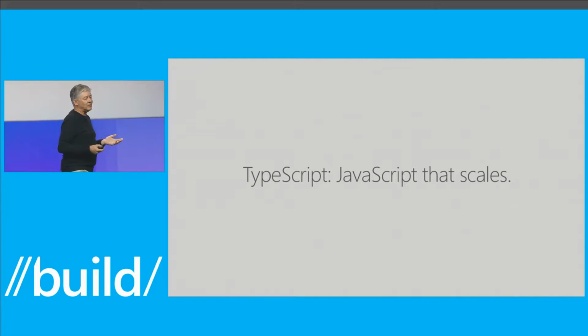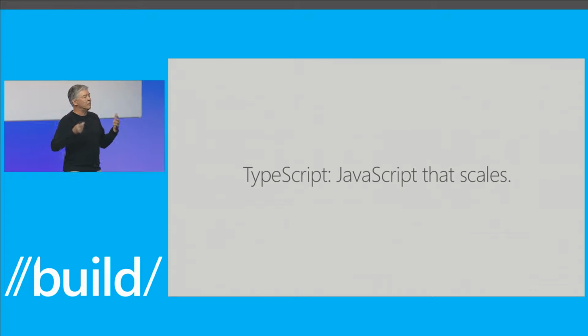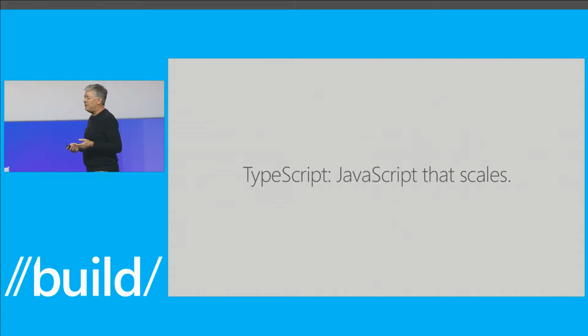But in particular, JavaScript does not have a static type system. And if you think about what it is that powers all the intelligent tooling that we know and love in Visual Studio or in Eclipse or in JetBrains tools and whatever, it's all about having static types so the IDE can reason about what's going on in your program and give you invaluable features like statement completion, go to definition, find all references, refactorings, et cetera, et cetera.